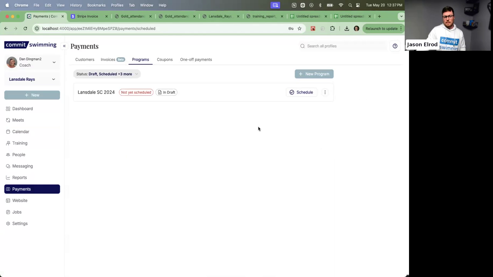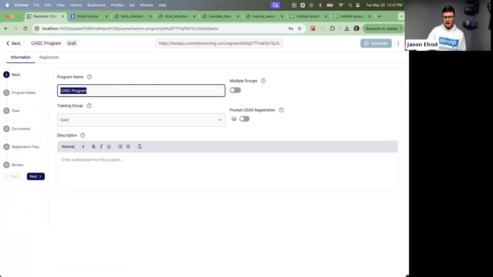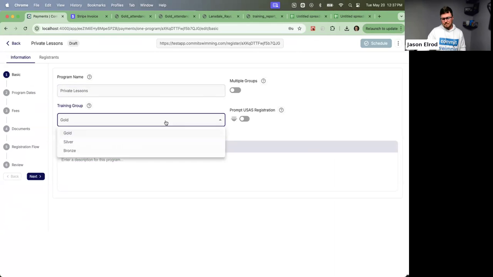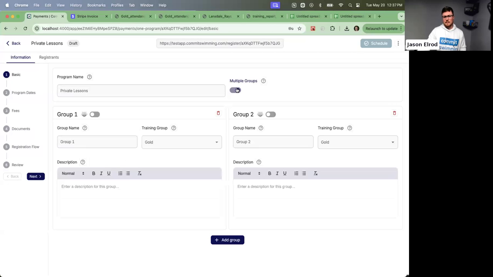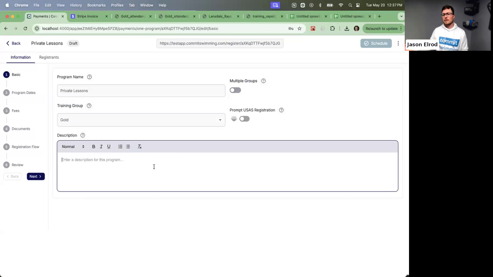What a lot of clubs tend to do for situations like that is create very specific programs. They create the program, go in, and add only the people they want in it, on whatever billing cycle they need. Dan's going to walk through a quick setup of what that could look like. Then you can make the program not available for anyone else to register for, so you don't have all of these people going into their accounts and clicking on things.